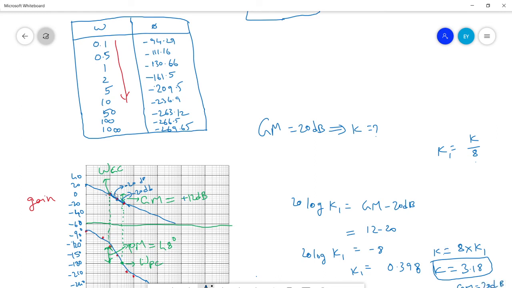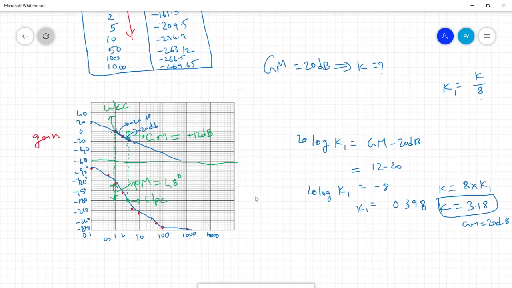When you assume omega is equal to 1, that time we got 12 dB. But we need to calculate the actual omega by substituting K1. Therefore, it is deviated by 8 dB from the desired value. What we got is 12 dB, deviated 8 dB from the desired 20 dB. Therefore, we took the subtraction and substituted that value as gain margin, and we got the K value. So this is how we get the K value.